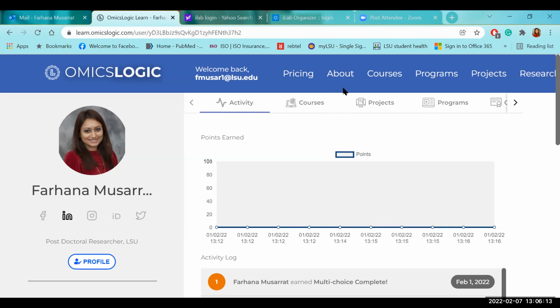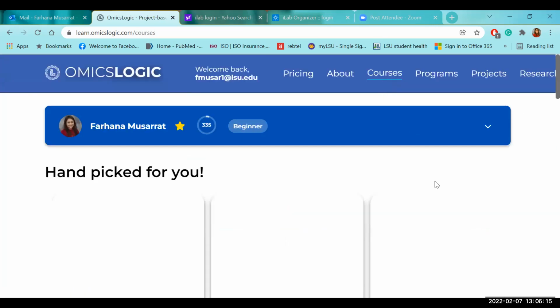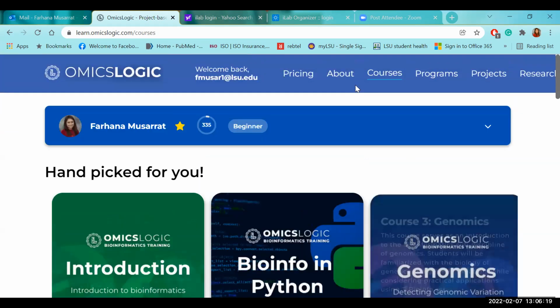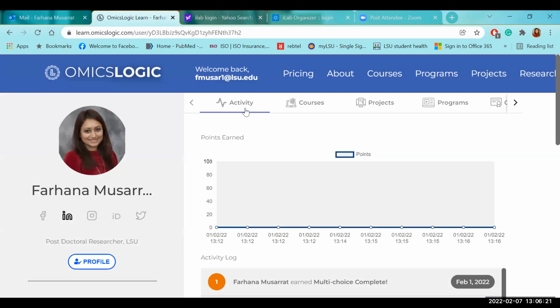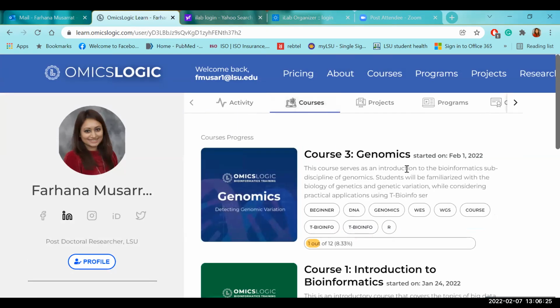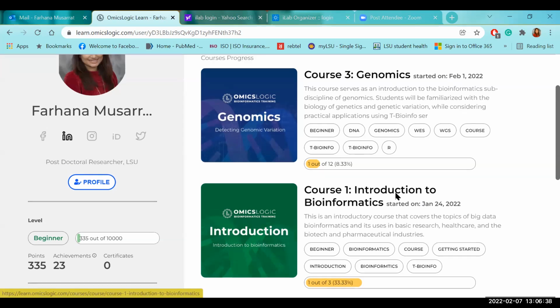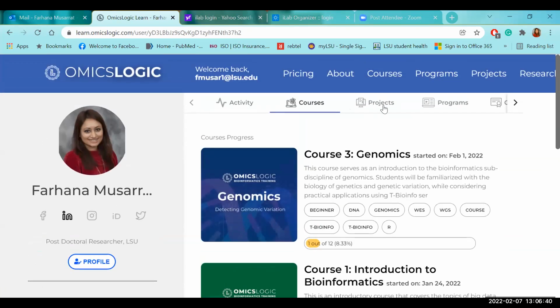So if you click on the courses, you will be able to see the courses that you are registered for. And if you go to your profile and click the courses here, you will be able to see your activities and what are the courses that you took and how much you progressed, like percentage and everything. And also, if you click on the project,